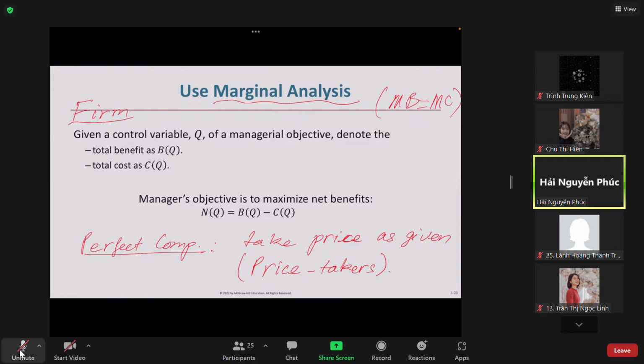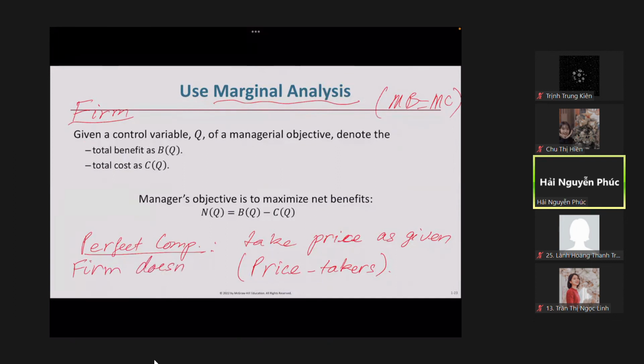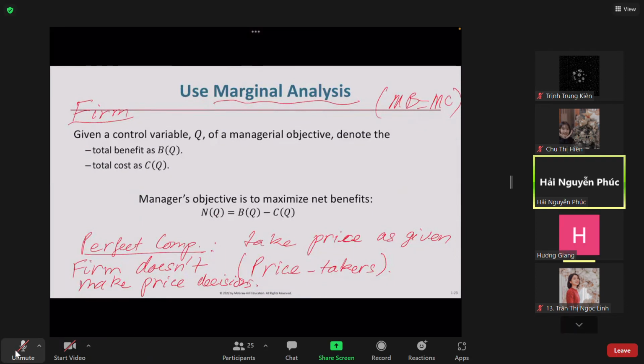So the firms do not make price decisions. Understand this point, right? Yes. Okay, and you can see that the two very important